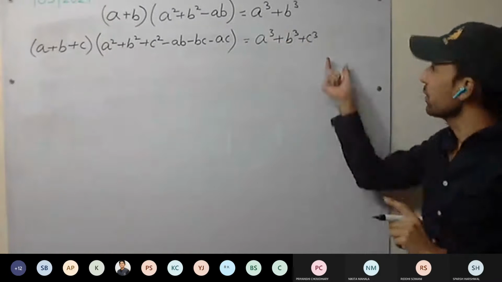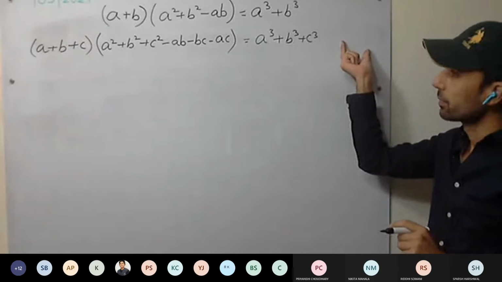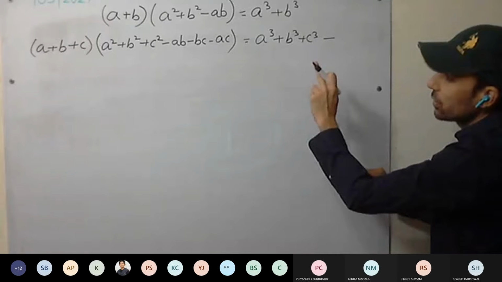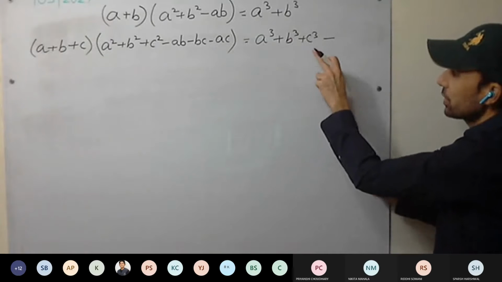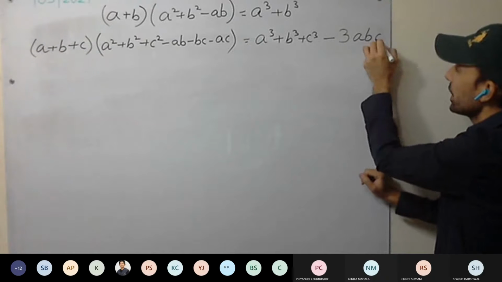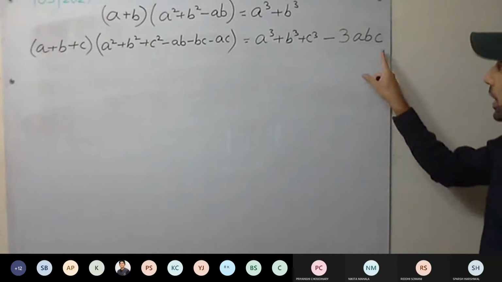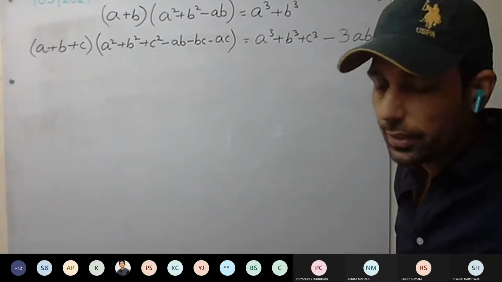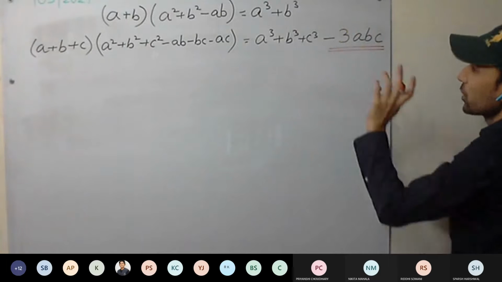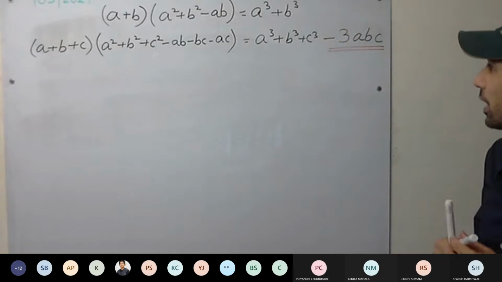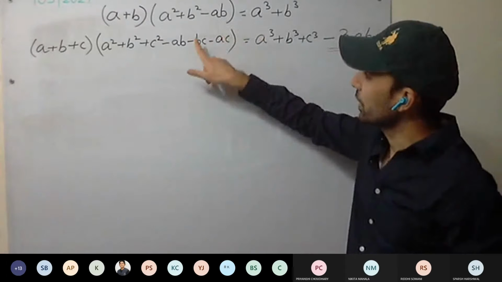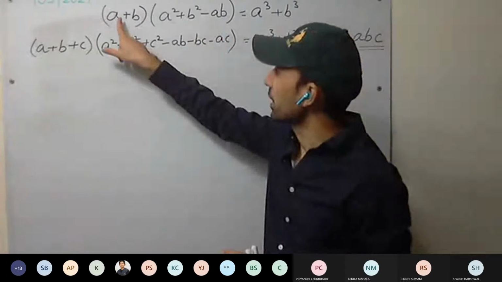Okay. Now see here, there will be one more term. Minus a cube, a into a, b into b into b, c into c into c, 3abc. So never forget this one. Whenever there are three terms, this is going to come. Understood this one? If you remember this identity, you can easily predict this one and you can rewrite a